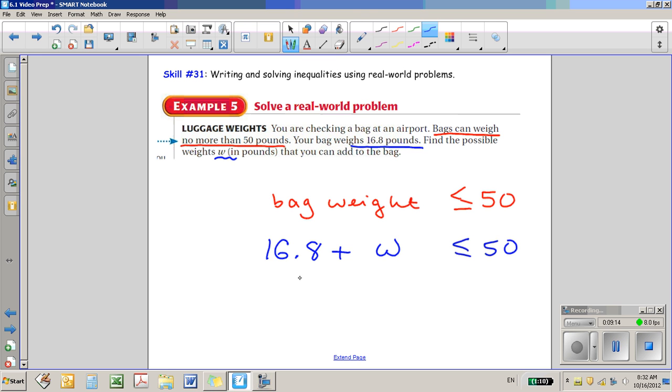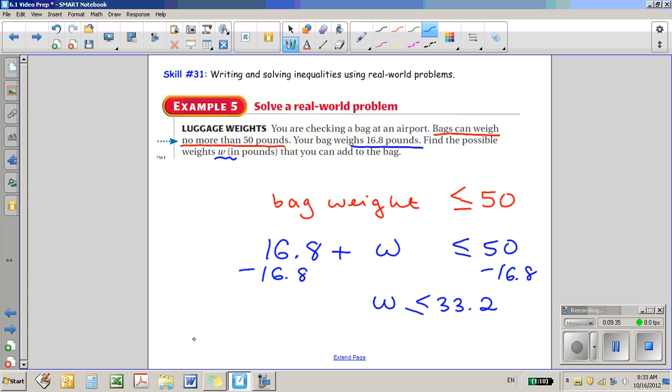Okay, so 16.8 plus w has to be less than or equal to 50, and we are asked to find the possible weights. So what we're going to do is subtract 16.8, because our goal is to isolate the variable, and we get w being less than or equal to 33.2,